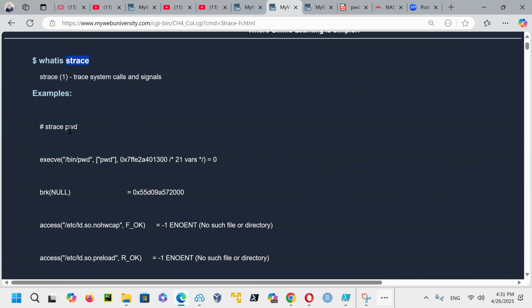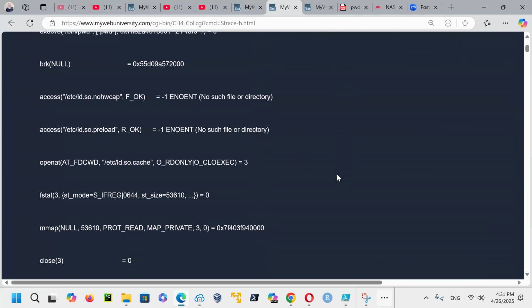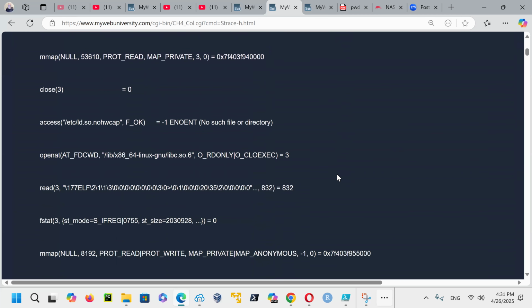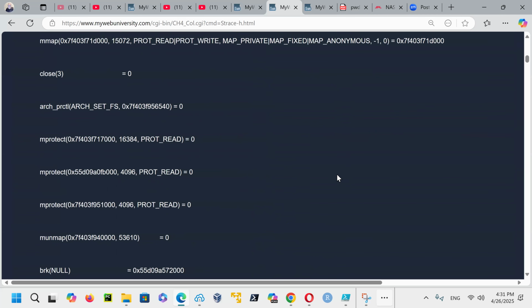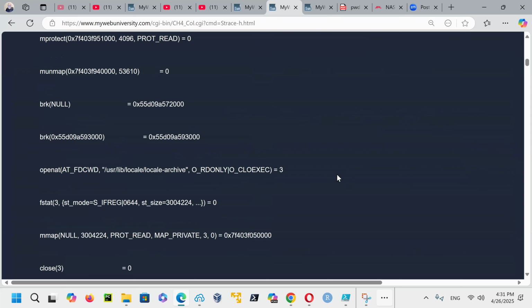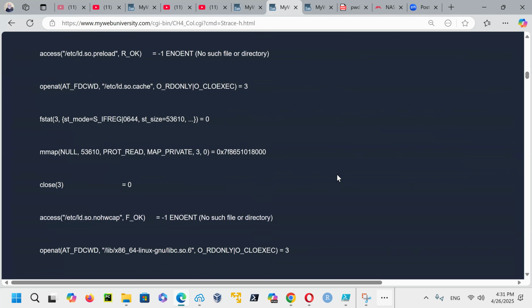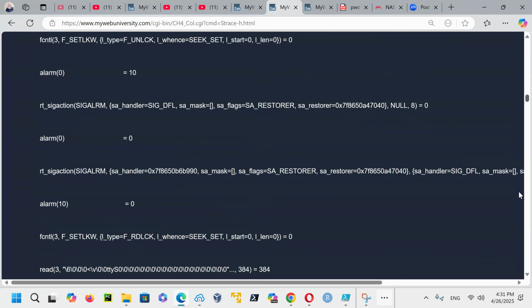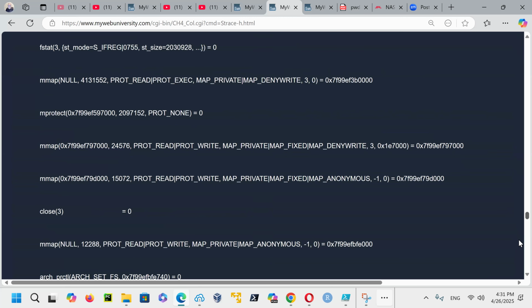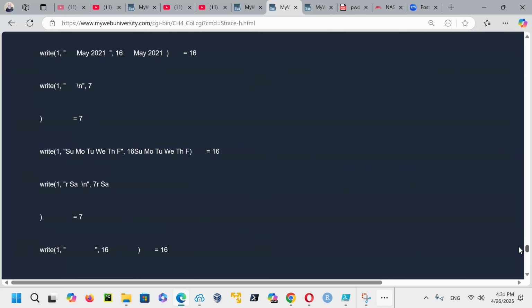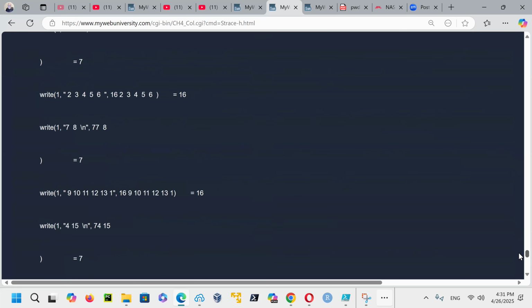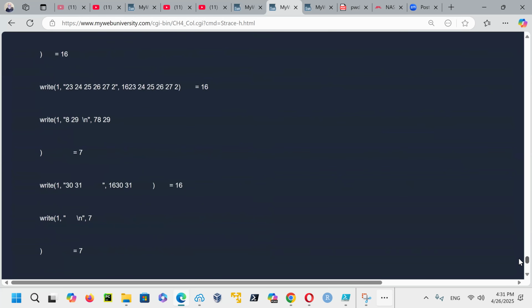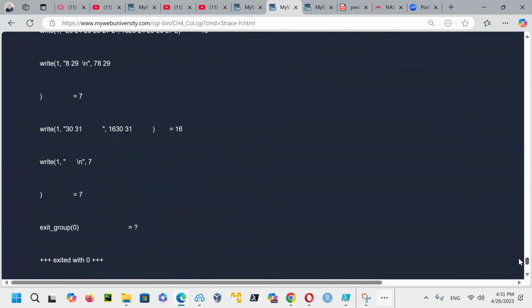So if I do a trace on pwd, while the pwd executes, it shows me all the file handles, all the system calls, everything that was happening on this process, file open, file close, all of them happening until the end. And then you can see the end of it, the pwd basically closes and then it just gives me the output. It says this was your current working directory, and then it closes here.